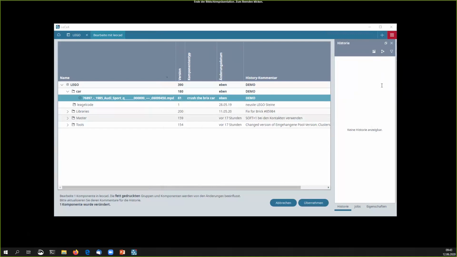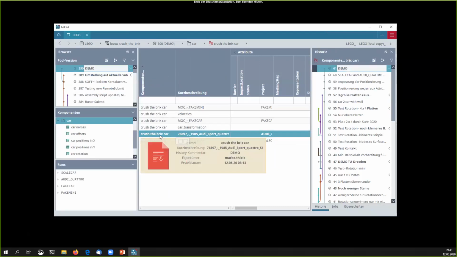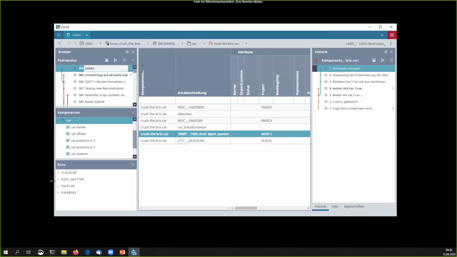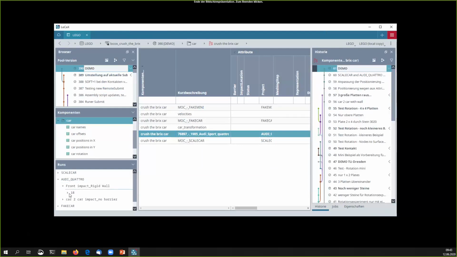Okay, I'll just show you the material card. Wait a second. Once I change the model, LoCo is recognizing the change and asks me what has changed, and now I have the changed file here, and then I can just go to my load case, for example, front